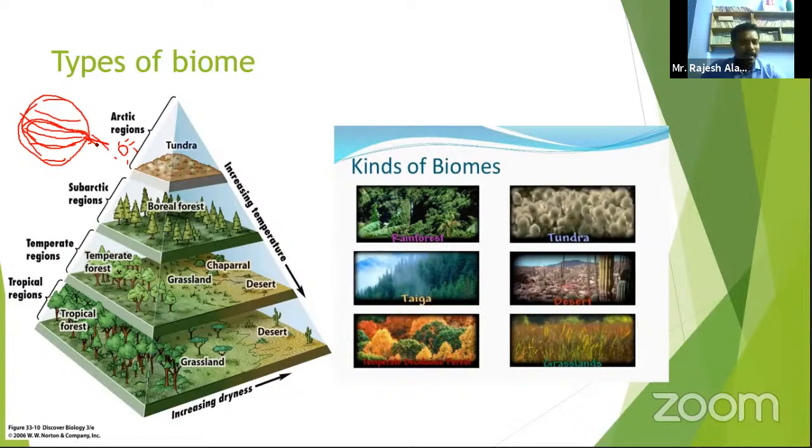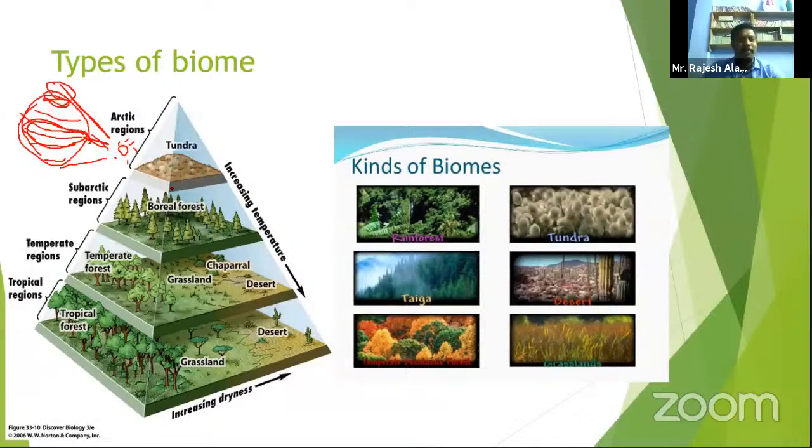Sunlight has to travel a limited distance compared to the polar zone, where sunlight has to take a longer distance to cover the polar area. When it travels a longer distance, the intensity of the light is automatically reduced, and the energy level is reduced. That's why we can't find much biodiversity here at the poles. So this is biomes. Climate is the determining factor of a biome. Based on this, we have various